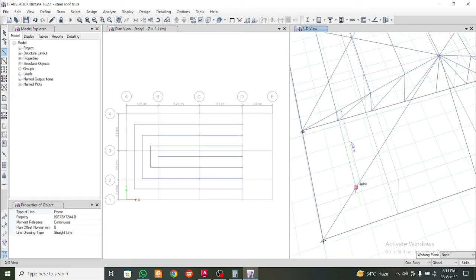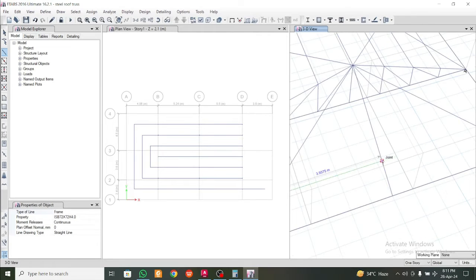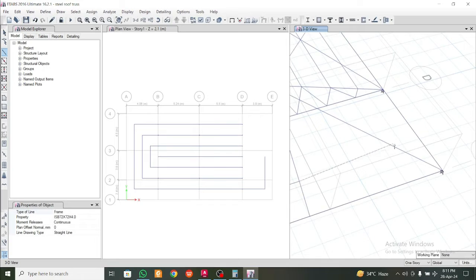Similarly, so this takes a bit of patience,